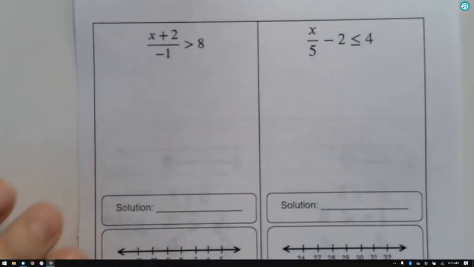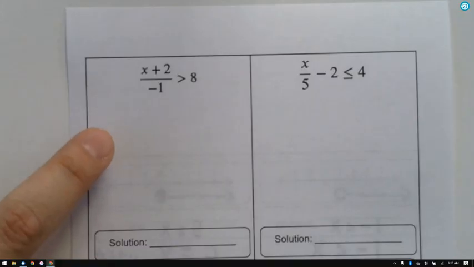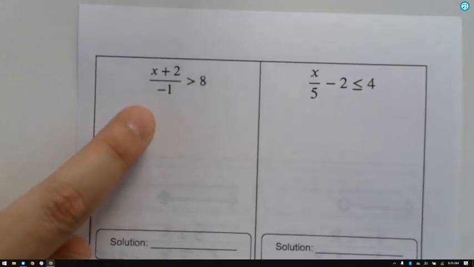Let's talk about the ones on the back. Alright, so this is what we looked at when we did 1.2, when we looked at the two different types of fraction problems. If you want to write a note to yourself, if it's going to help you, on a problem like this